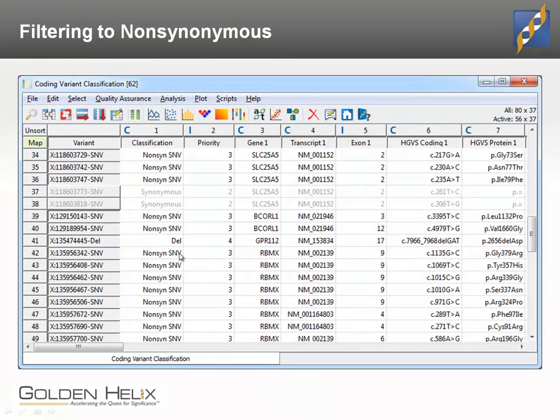I explained this a little bit, but to go into more detail, this is what a coding variant classification report looks like, where for every variant that falls within the gene annotated regions that code for amino acids that are part of the total protein sequence, a variant inside of that region will come up here, and it could be deletions, insertions, or single nucleotide variants, and they could potentially change the protein sequence or not.